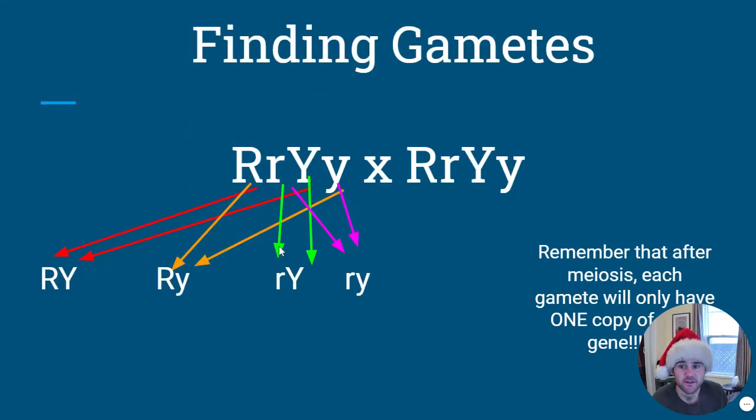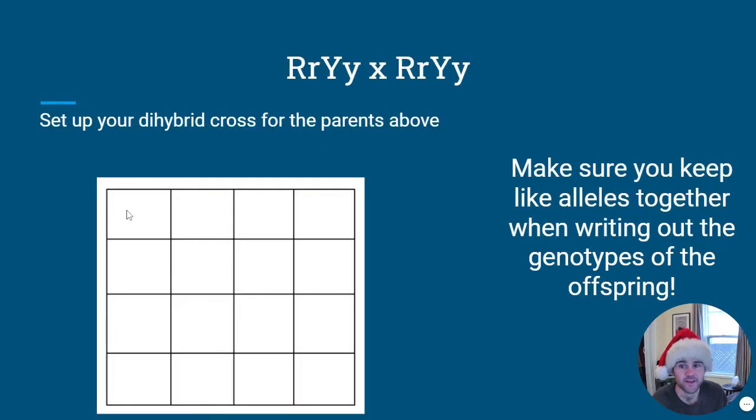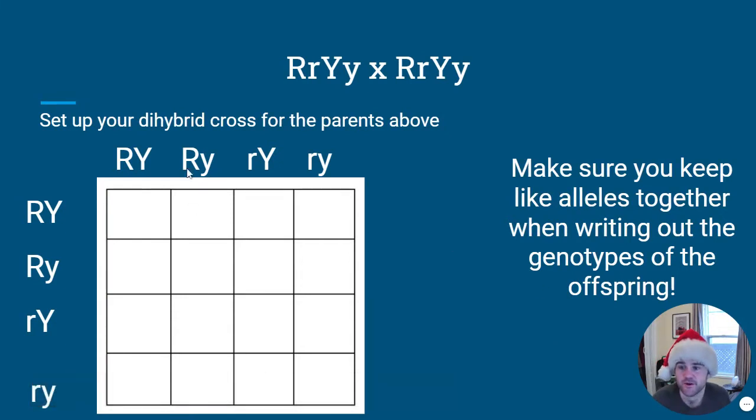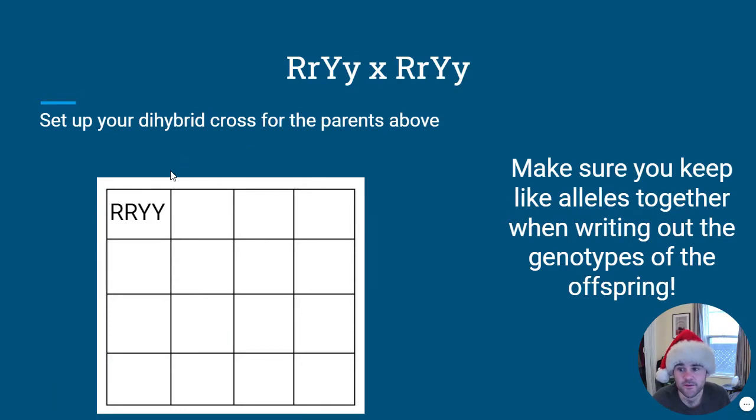So let's fill in those gametes that we have in our Punnett square. So we said we have big R, big Y, big R, little y, little r, big Y, little r, little y. And because mom is the same, we can put mom on the side here. Now, we're going to start filling this out. So, same thing we did in the monohybrid cross. We drop down and slide over. So, when we drop down and slide over, we see...